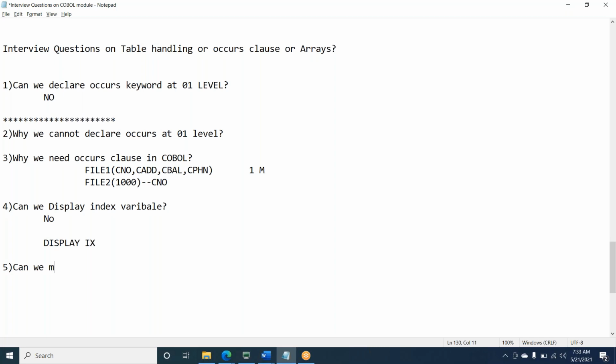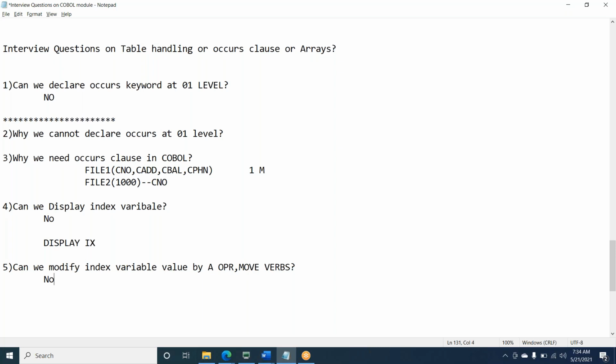Fifth question. Can we modify the index variable value by using arithmetic operators or MOVEs? Yes or no?